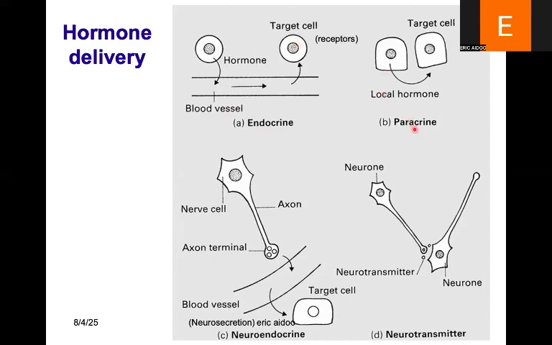Or it can also be paracrine, where information that is released by one cell has an effect on neighboring cells. And this usually occurs during wound healing and embryogenesis, where some signals modulate the structure, shape, and function of